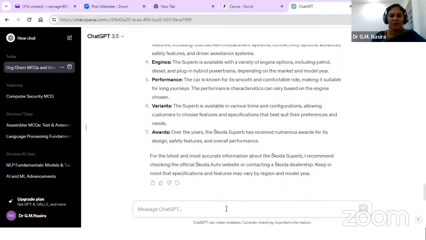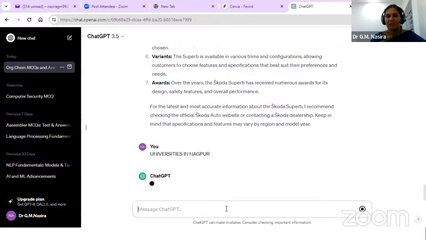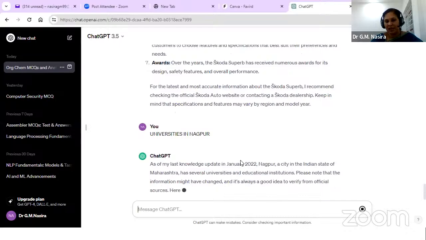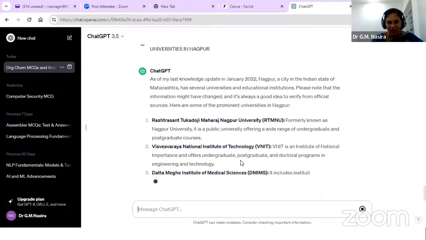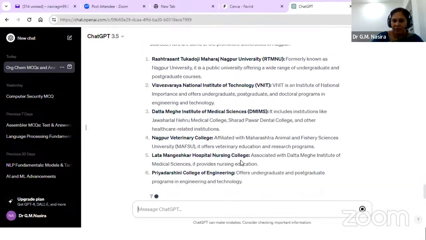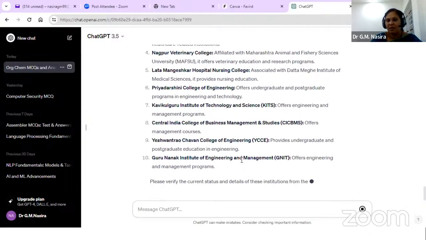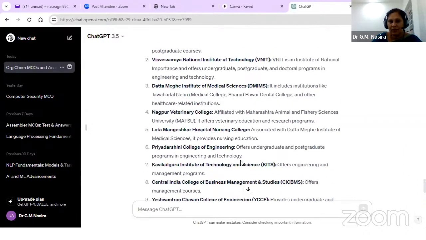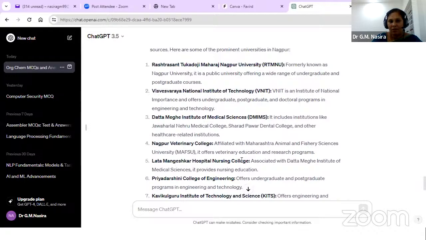Suppose I say universities in Nagpur. So all this information I get in ChatGPT. Whatever I want, relevant to that I get. So that is important. See, all the universities have been listed over here in Nagpur.